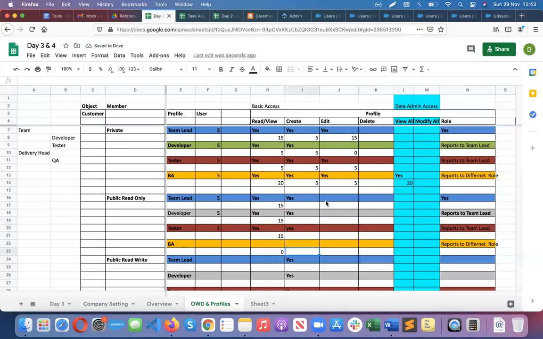Now edit permissions. So let's say 5, 5, 5. Now I'm giving edit permissions for him. Assume tester also has edit permission. How many records can team lead edit? 15. Developer, 5. Tester, 5. Good. Now, if I am enabling the modify all permission